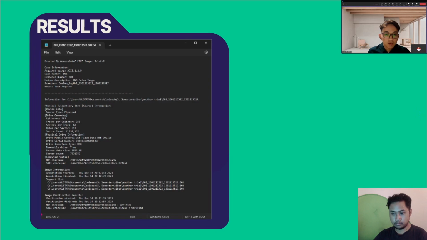And if we open the text, I know it's kind of hard to see here, but this is basically filled with information about the image that we have created, like the MD5 or SHA1 checksum, or the date that it has been created, and other such information that can help us in determining what is in this file. Okay, next, please.